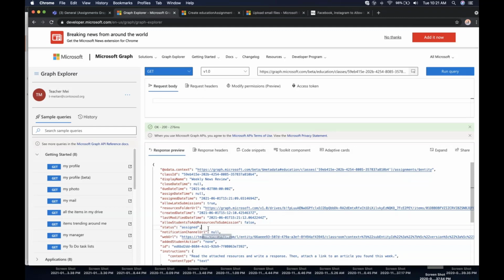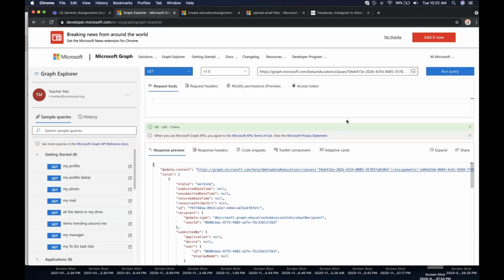So now that I have my assignment assigned, I'm going to show you the grading flow. Normally in here, I would also show you the student flow, but for the sake of time, we're going to assume that our students have submitted their work, and we're just going to go ahead and assign some grades. What I can do now, now that my assignment is assigned, is fetch the student submissions that are associated with this assignment. And to do that, I'm going to keep using a GET request, and I'm going to tack on the /submissions segment at the very end,